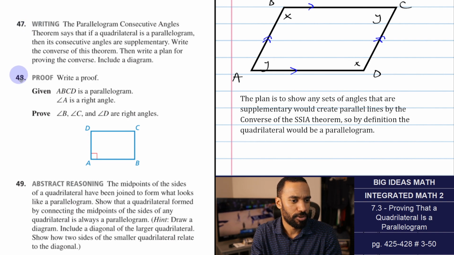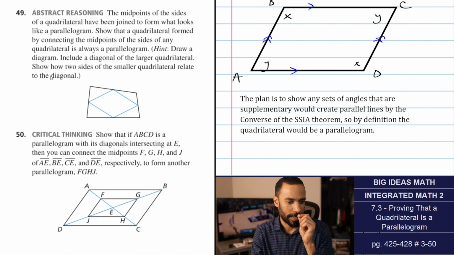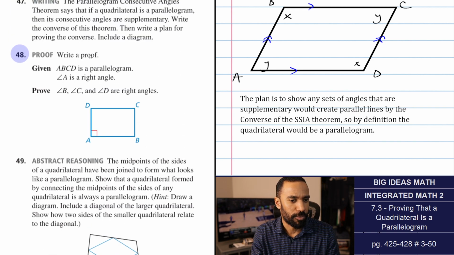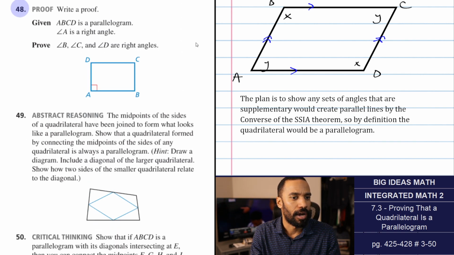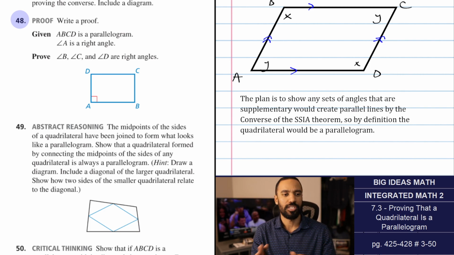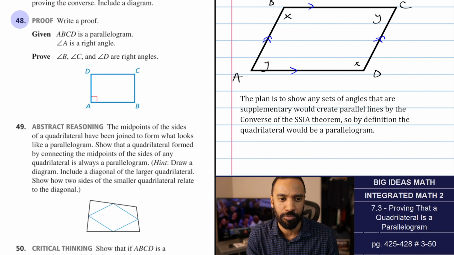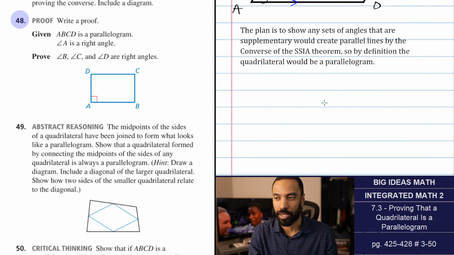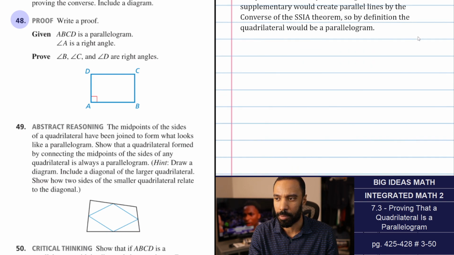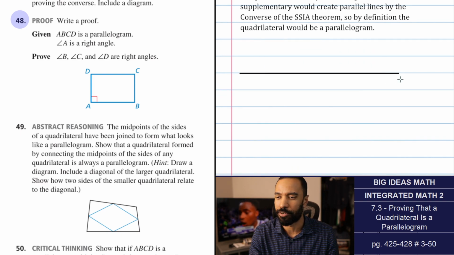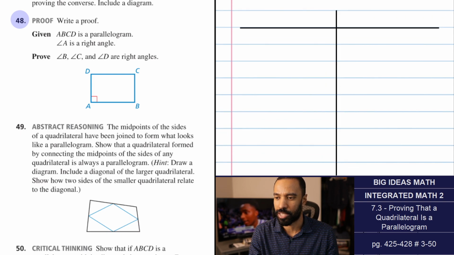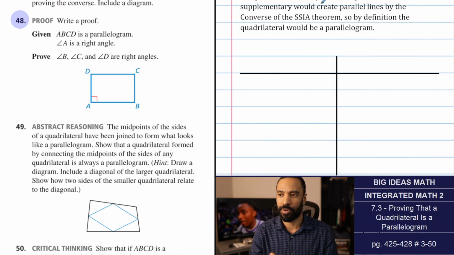All right, number 48 is a proof. Before I see number 50, I don't want to be sad. Looks like it's not a proof. So 48 is my last proof here. ABCD is a parallelogram. Angle A is a right angle. Prove B, C, and D are right angles. Okay, this one seems pretty straightforward. I just don't know how much I have to write, translating from measures of angles to all that kind of stuff. Let's see. So for number 48,